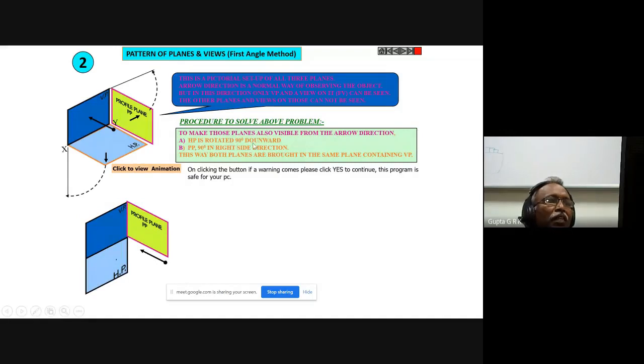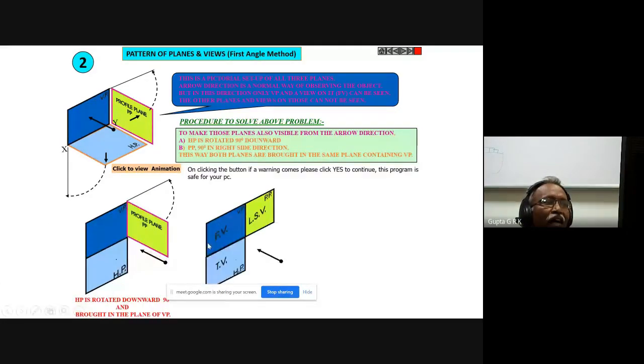Okay, HP is rotated 90 degrees. Now, actually, it is like here. This is rotated by 90 degrees so that these two come onto the same plane. Now, the profile plane also has to be in the same plane. So I have to rotate this 90 degrees in this direction, like that, so that I get these like this. Okay, so front view, top view, and left side view,